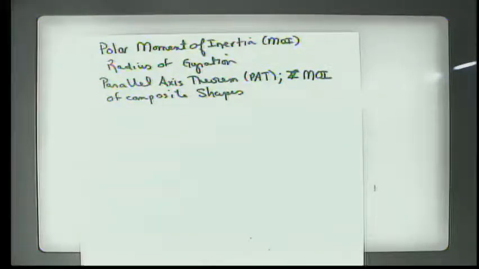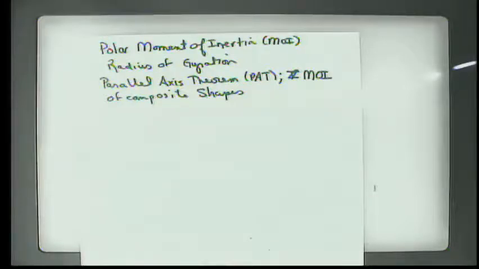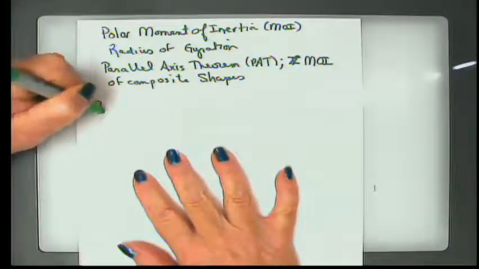And I made myself some notes so I would not forget to talk about the polar moment of inertia yet again. So in the last pieces of section 9.1, we talk about this idea of a polar moment of inertia. And then we talk a little bit about radius of gyration. What these are, a polar moment of inertia,